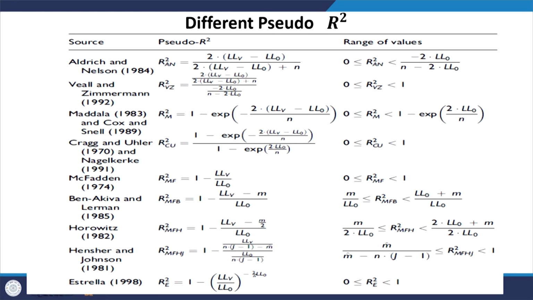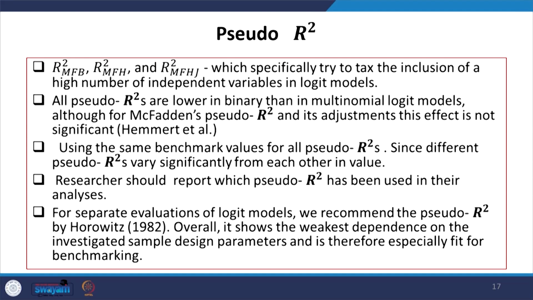There are various pseudo R squares reported in different articles. Some are available by default in Stata, like McFadden. This one is available by default. Okay. There are other frequently used methods as well. We are not going into the depth of it. Those who have interest to do further research can read further and read carefully. There are different ranges also defined for their R square values, pseudo R square values.